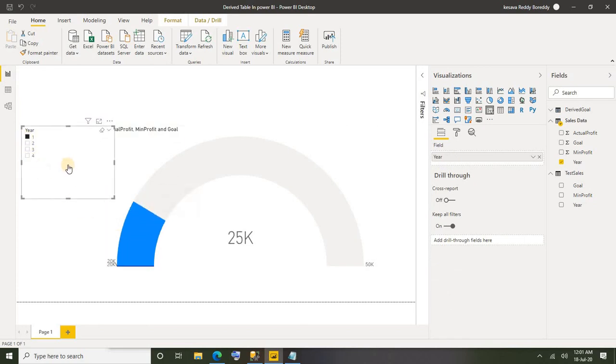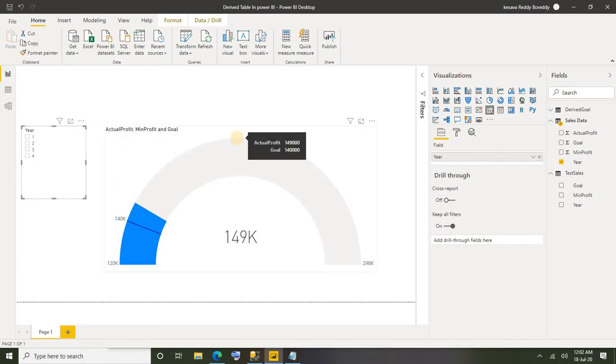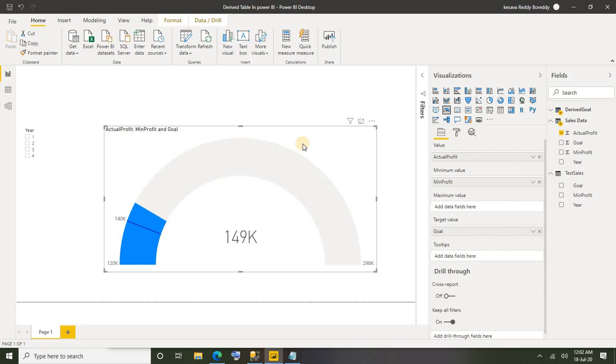Okay, the other thing is every time our sentiment is not changing, right? So what I meant to say is, even though our actual value is crossing the goal and sometimes less than the goal, we could see the same color, right? So what I want to do is implement dynamic conditional formatting so that this color changes based on the value. If it is crossing the goal, it should indicate in a different color. If it is less than the goal, it should indicate in a different color. If it is equal to the goal, it should indicate in a different color, right? It's one type of performance indicator. I want to indicate with different colors.